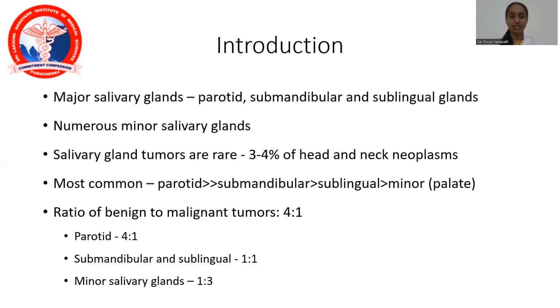Coming to salivary gland tumor incidence, the most common region to see tumors is the parotid gland, followed by the submandibular, sublingual, and minor glands, especially in the palate. The ratio of benign to malignant tumors is 4:1 overall and in the parotid gland, but in the submandibular and sublingual glands, one can see a 50-50% incidence of benign and malignant tumors. While in minor salivary glands, malignant tumors are much more common, with a ratio of 1:3 of benign to